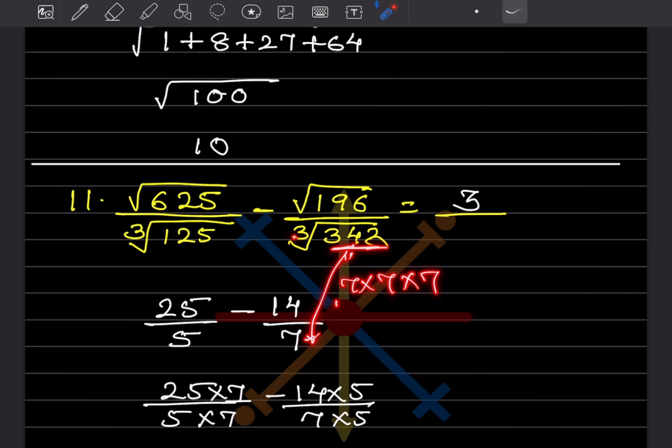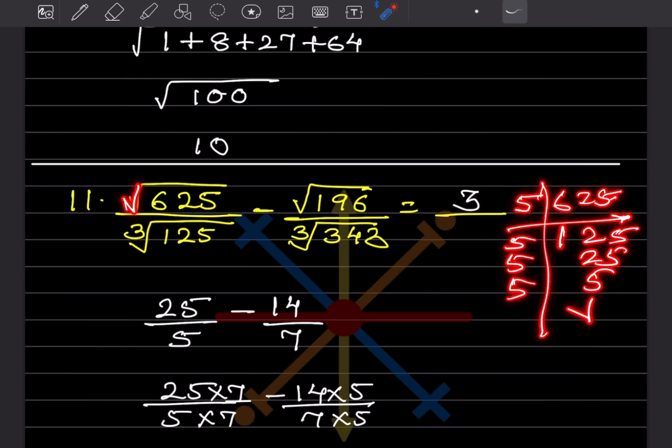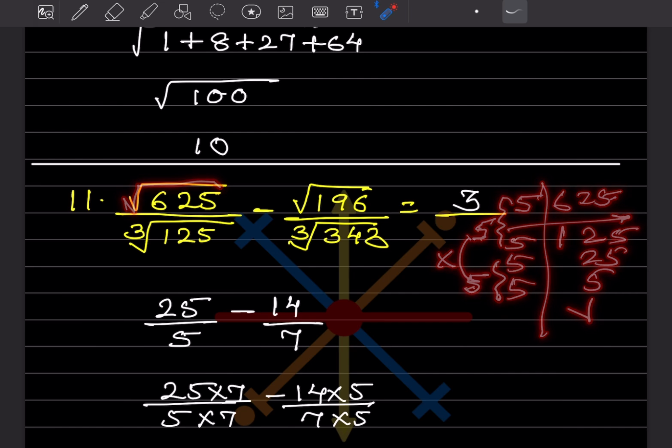So for all these numbers, you can do one thing. If you don't know, because these are all big numbers, what you can do is find out the prime factors with the help of the prime factorization method. I'll just show you here. One example I can give: 5 ones are 5, 5 125s are 625, 5 25s are 125, 5 5s are 25, and 5 ones are 5. Now because this is a square root, we consider two same numbers together. So this you are going to write only once, this you are going to write only once. So this and this will be 5 5s are 25. So square root of